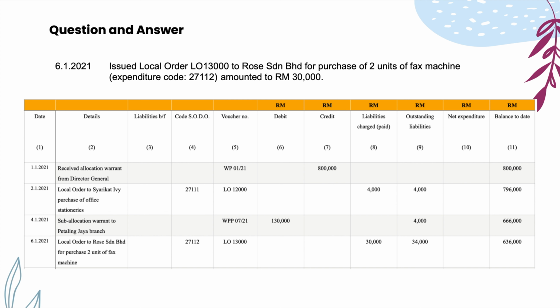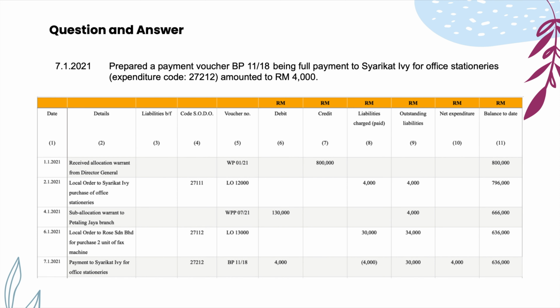How did I get this figure? It is 4,000 ringgit from the previous liabilities transaction plus 30,000 ringgit. So, the balance to date is reduced to 636,000 ringgit as the liabilities charge will decrease the budget. The fifth transaction is on the 7th January 2021. Prepared a payment voucher BP